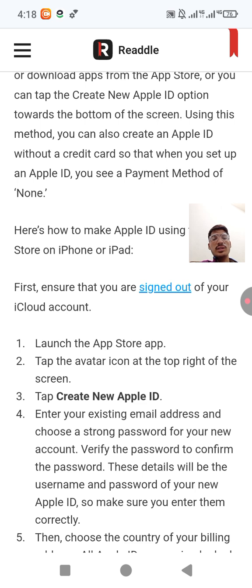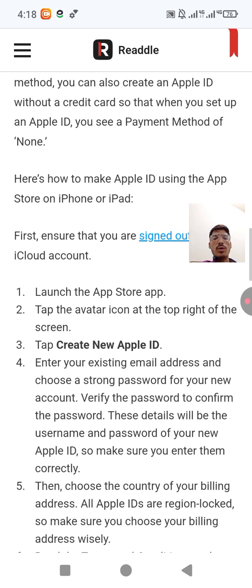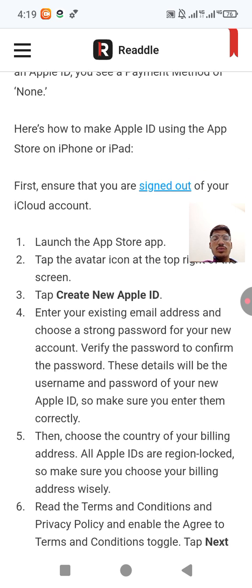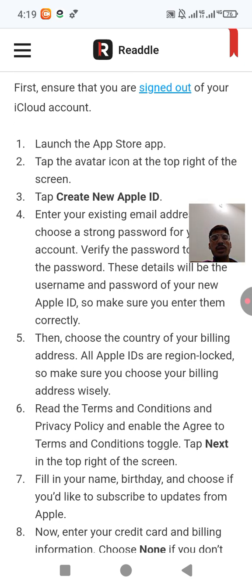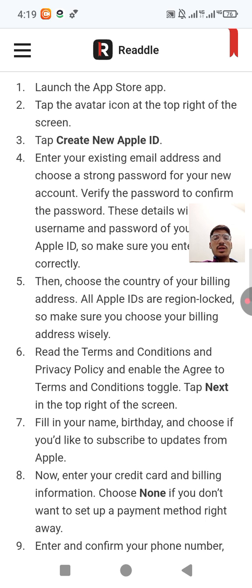Enter your existing email address and choose a strong password for your new account. Verify the password to confirm it. These details will be the username and password of your Apple ID, so make sure you enter them correctly. Then choose the country of your billing address. All Apple IDs are region locked, so make sure you choose your billing address wisely. Read the terms and conditions and privacy policy and enable the agree toggle. Tap Next in the top right